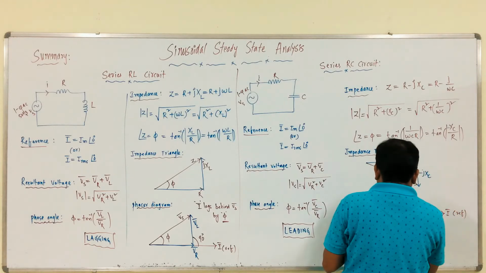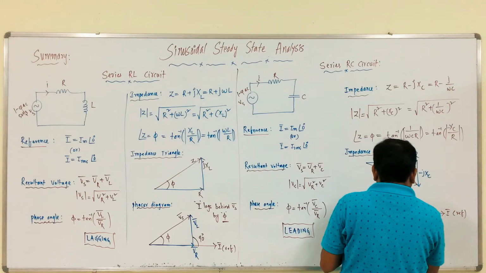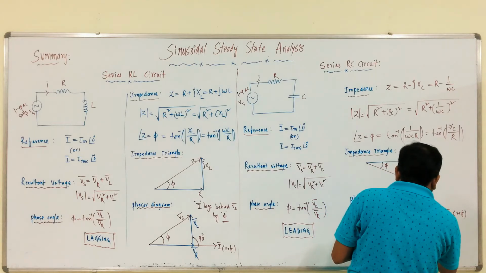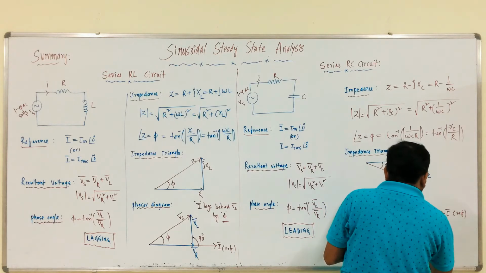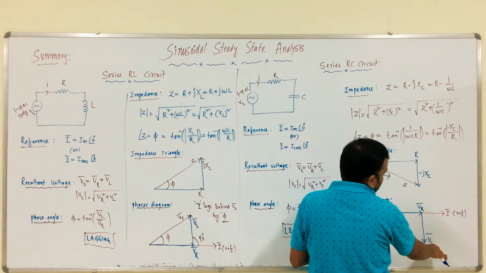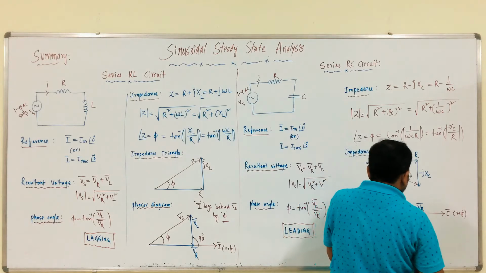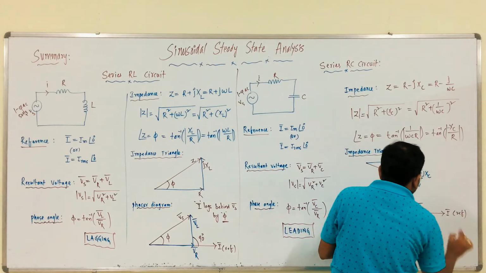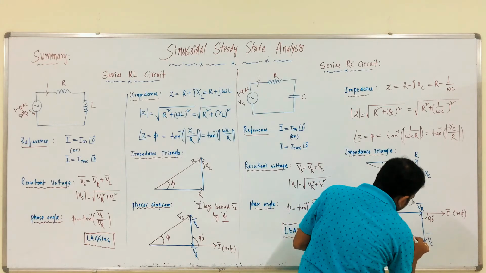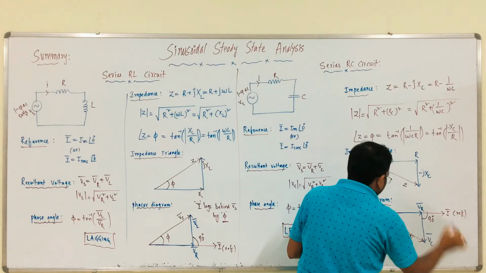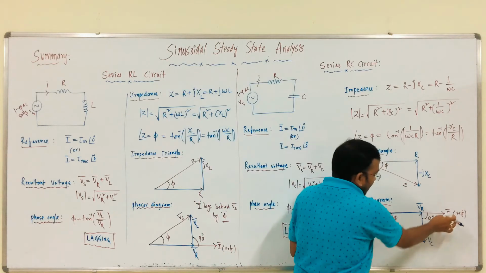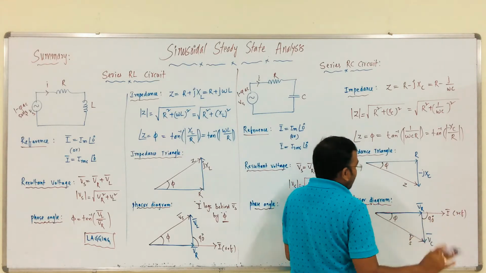So we have current taken as reference, right. Next, voltage across the resistor is always in phase with it, then we have VC, right. Current leads voltage across capacitor by 90 degrees. So, this is 90 degrees, satisfied. Then what is the resultant? This is what? Vs, this is phi. Clear? Current leads voltage across capacitor by 90 degrees, as well as the current leads voltage by phi. Clear?